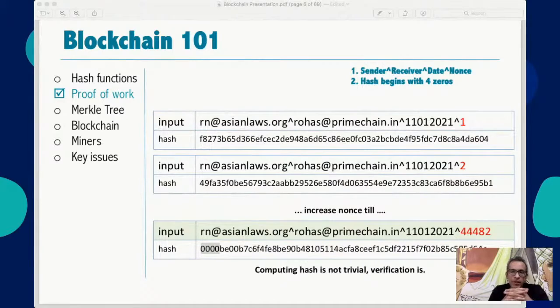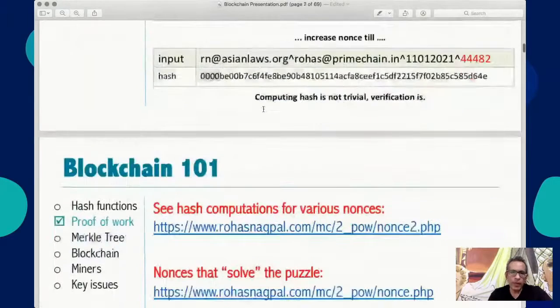Can you let me know if you have any questions on this? Is proof of work absolutely clear? It'd be great if you can just say yes, it's clear, so that I know and I can immediately move on to the next one. I hope I'm audible and everyone's understood here. The reason I need to keep asking is because this is a digital session. I can't see faces yet. So is everything audible? Perfect. Great. Now let's move ahead.